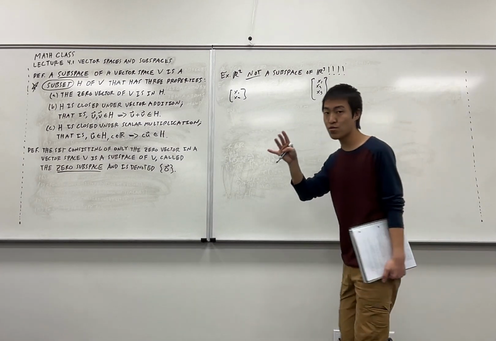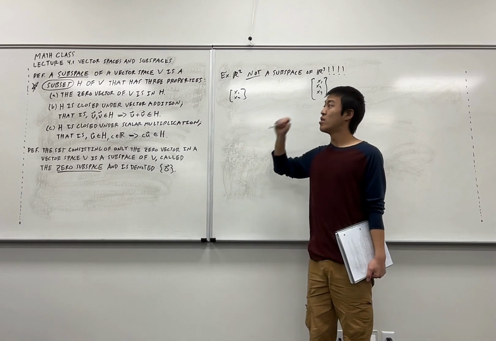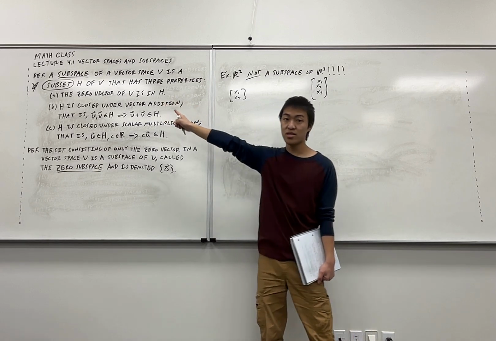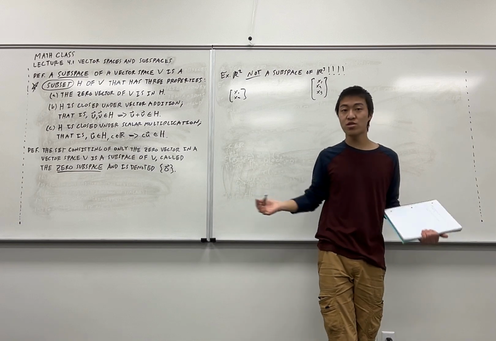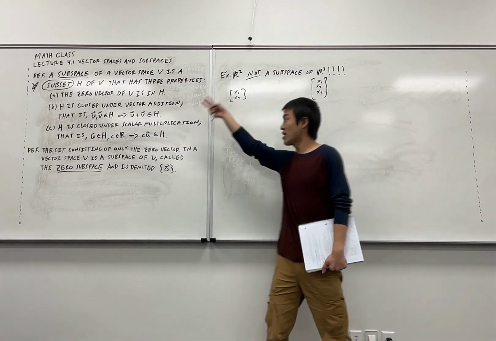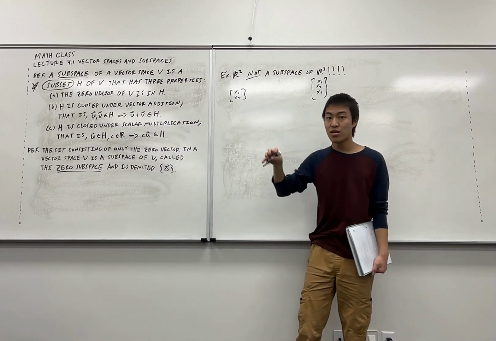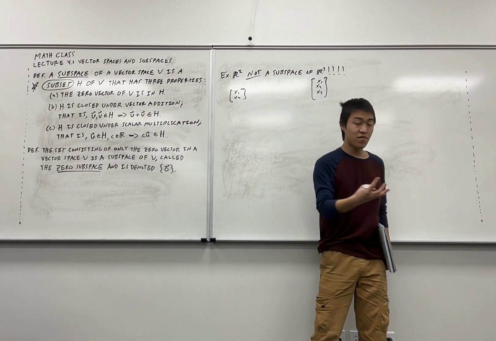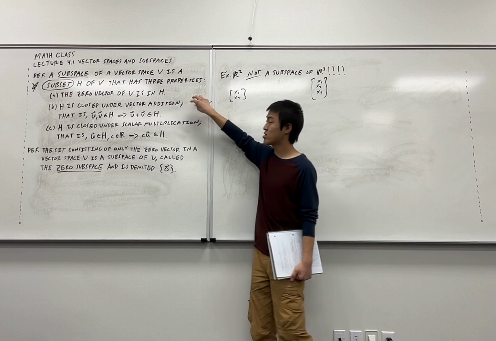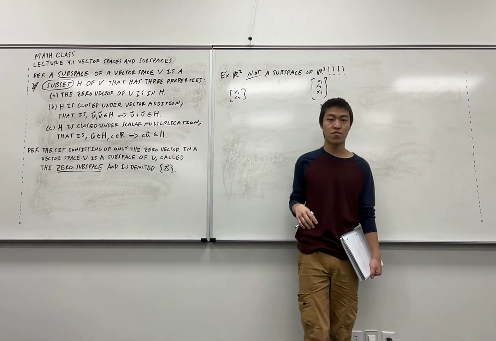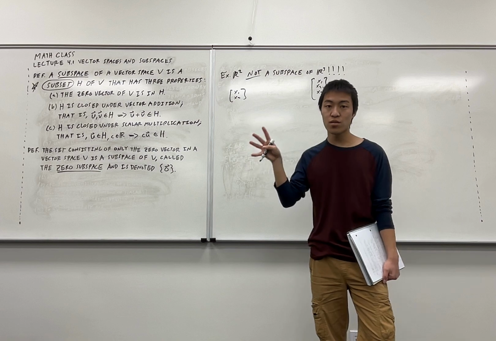Four things to do in a proof. Verify, firstly, that you even have a subset in the first place. Because if you don't even have a subset in the first place, what are you doing? The second thing is now the zero vector. So make sure you can actually find a way that the zero vector is in your subspace. The third thing, do closure for addition. Then lastly, do closure for scalar multiplication. Those four things